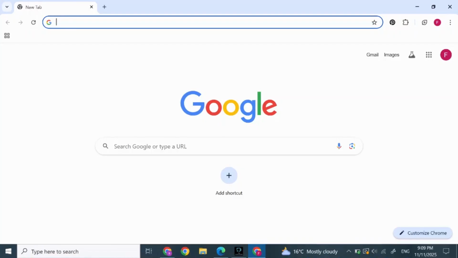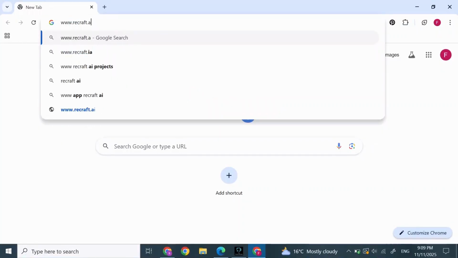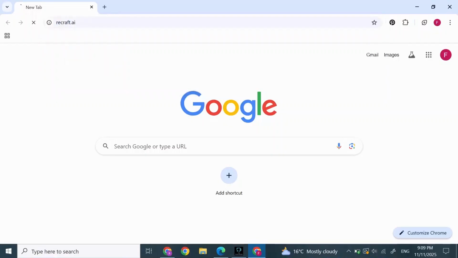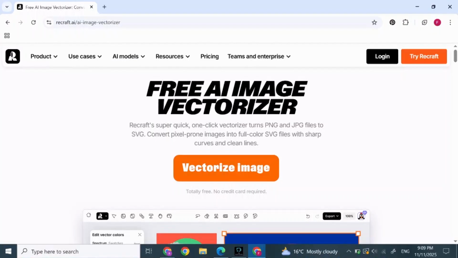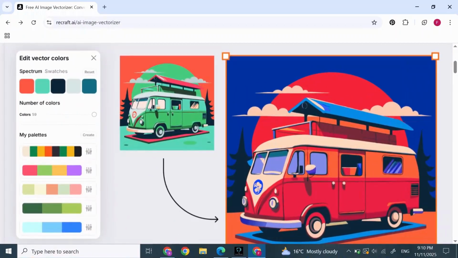First, open Google. In Google, at the top in the search bar, type in www.recraft.ai. You'll find this kind of screen pop up. Click on Vectorize Image in here. After you click on Vectorize Image in here, you can drop your image and it will turn into vectorized image